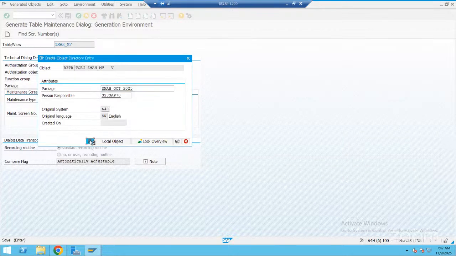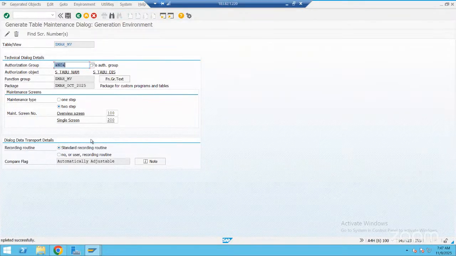So when you are entering that data, sir, it's allowing you to save from there. Now it will allow. For me, what happened is that when I enter this data, the save option is not coming. That is still not activated. Maybe you are in display mode. Check it. Yeah, I'll check that also. Maybe I'll go to change mode.